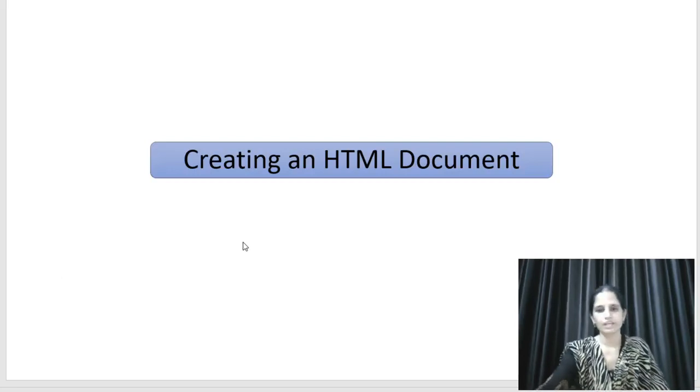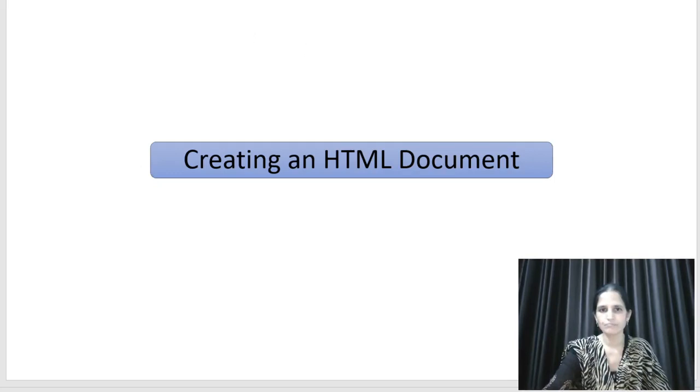When you create an HTML document, first you need Notepad. So you can click on the start button, then click on Notepad. If you use Windows 7, you can click on the start button, then all programs, then accessories, and then Notepad will open in front of you. Here you can write a simple document. For example, we write the HTML tag, head tag, title tag, title close, body tag, then write the body content, the main content, then body close, and after that you can close the HTML tag.